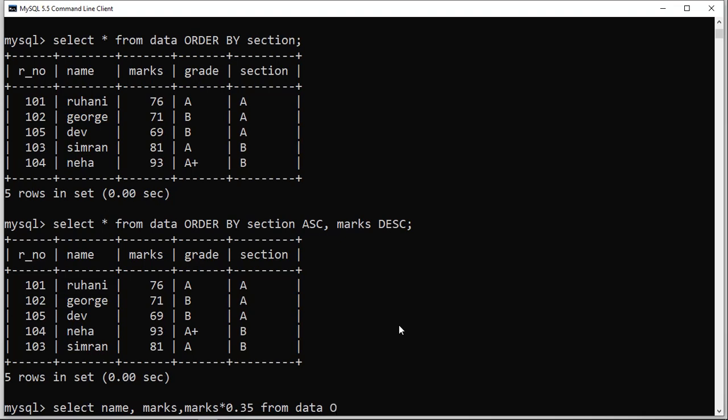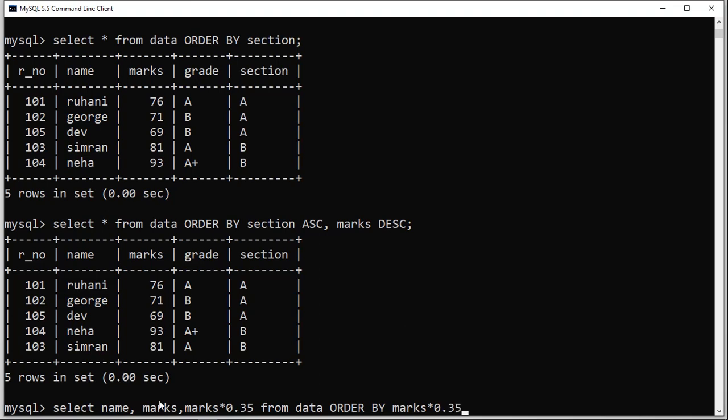Order by, and then the name of the field. Let's suppose that it is marks into 0.35 only. So actually this column, marks into 0.35, was not existing in your table.